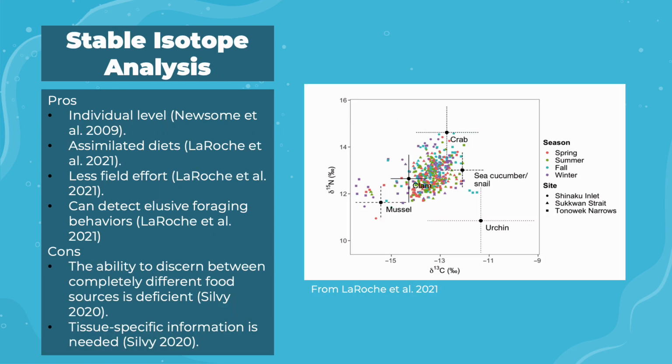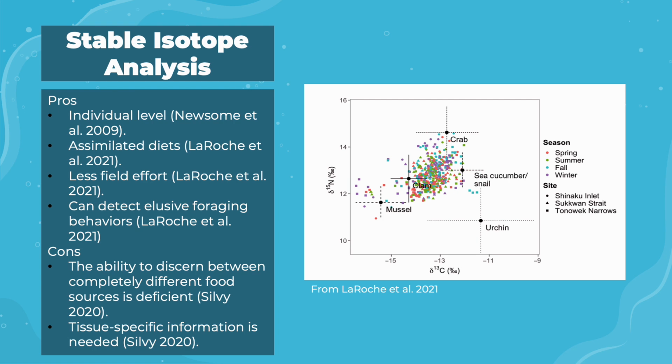The final method of this review is stable isotope analysis, which is done by comparing the ratios of stable isotopes of the scat, vertebrae, or tissues of the otters to the known ratios of the stable isotopes of their food sources. The pros of this method include that the data allows for the comparison of individual otters. It also allows for the analysis of simulated diets, not just what is currently in the stomach contents. It also allows for maybe less field effort when compared to other methods,